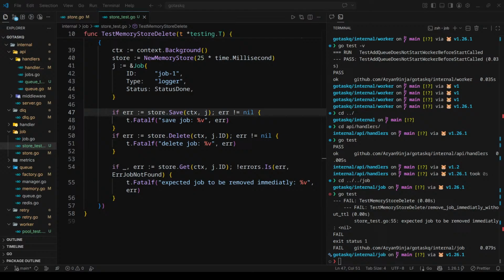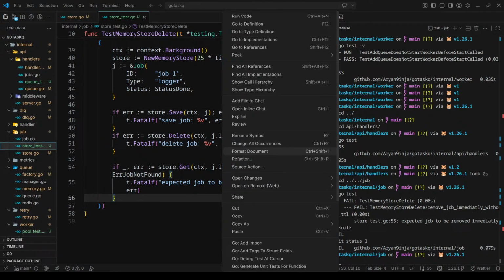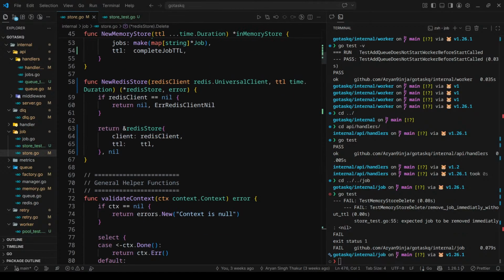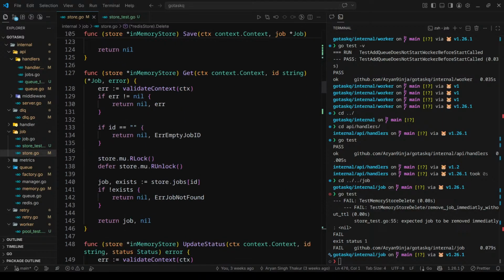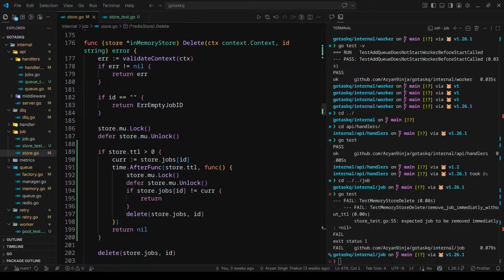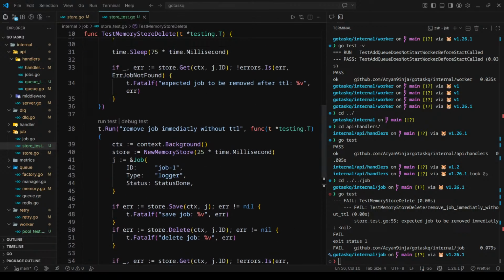Firstly, let me check if there is an issue with our error. So, if the error is not job not found, just need to denote capital F. Expected job to be removed immediately. Now we have to debug this. So let's debug this. What it does is, if store.ttl is greater than 0,